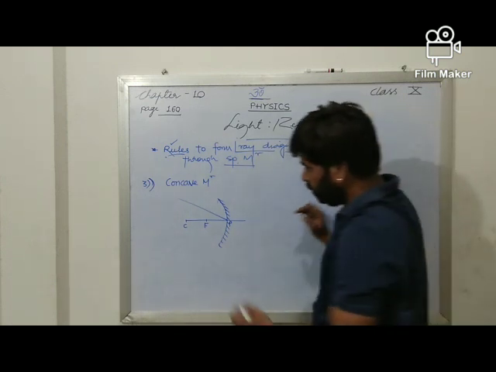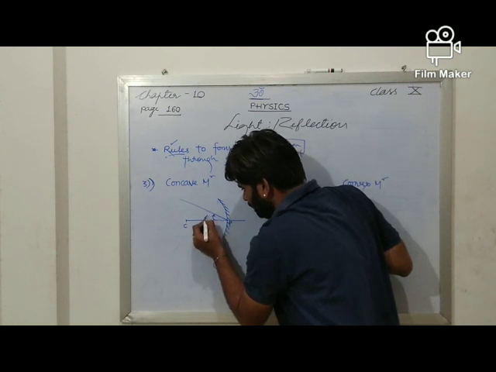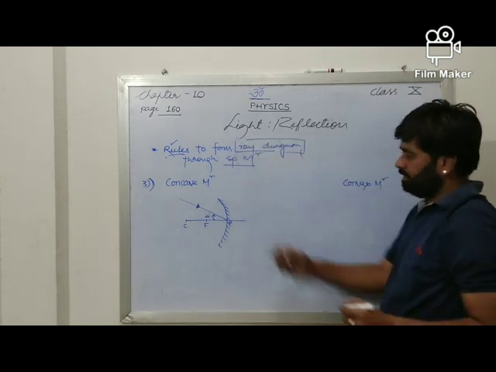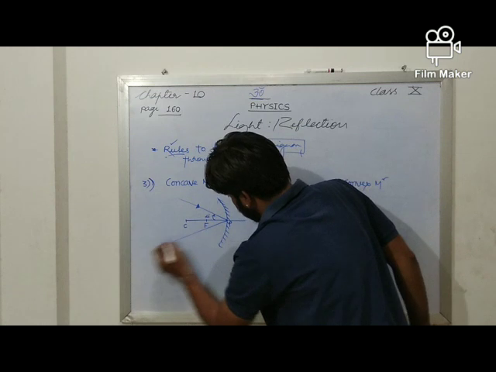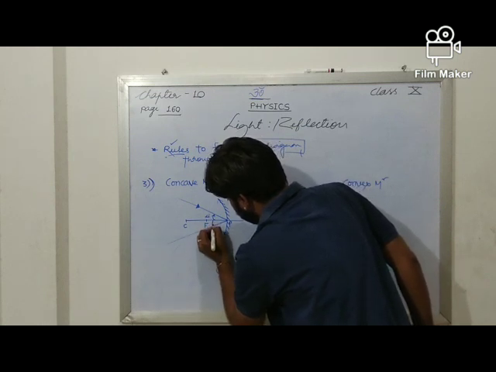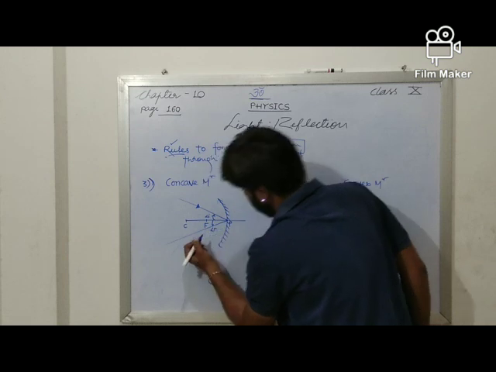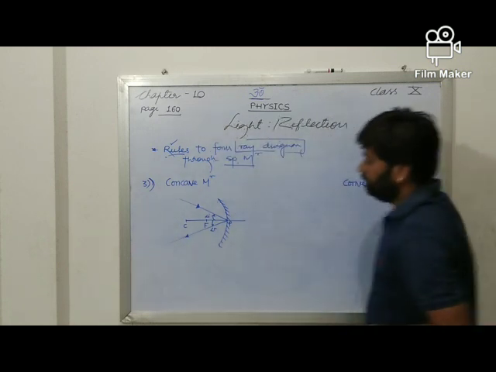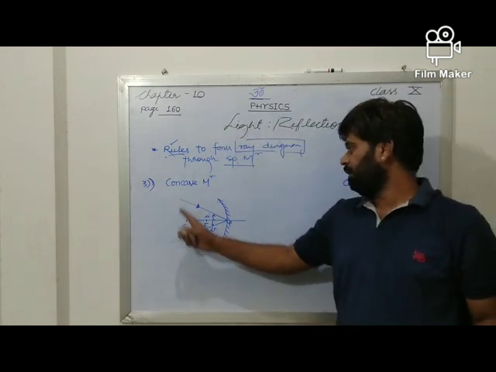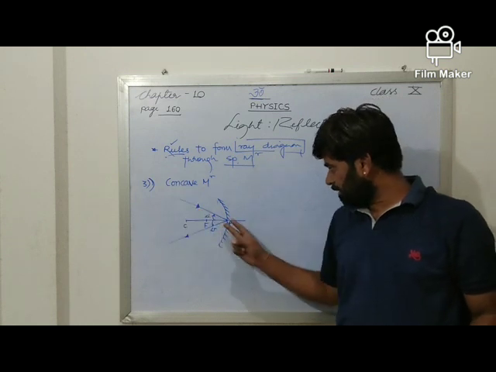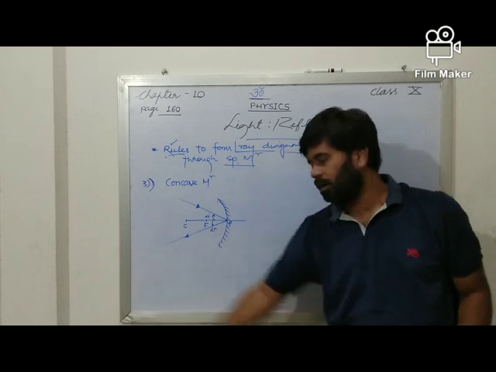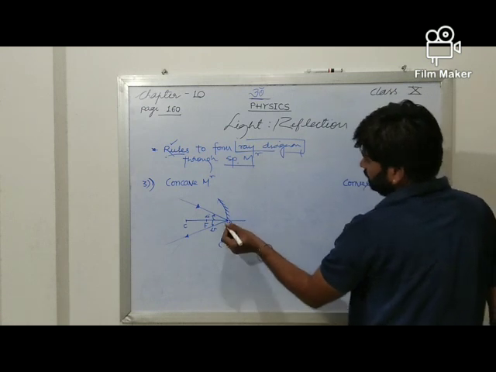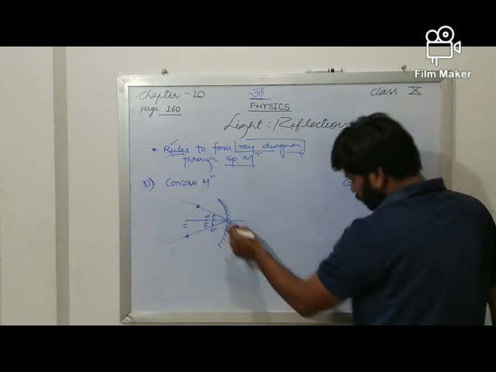If the principal axis is working like a normal, then we will say that this will be the angle of incidence. When a light ray which is incident at the pole, just after reflection it will be reflected through the same angle. That will be the angle of reflection, an equal angle, and this will be the reflected ray. Likewise it will come just opposite, the replica will move away. So this is the case when the incident ray is coming towards the pole.